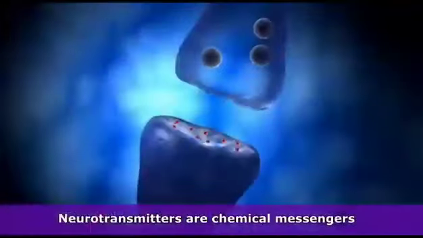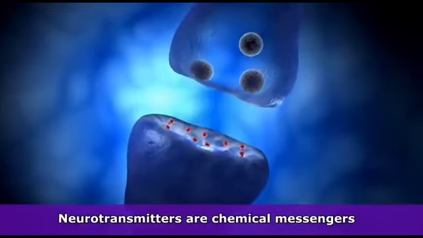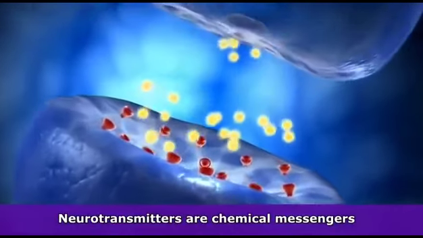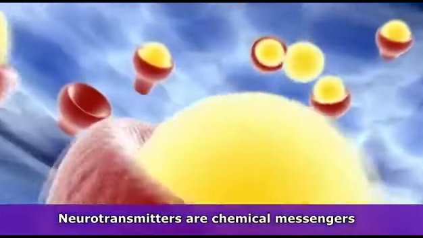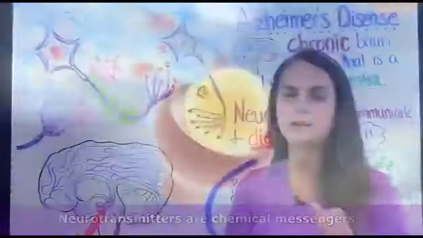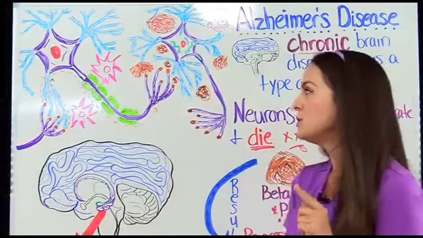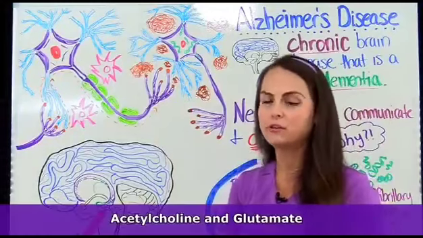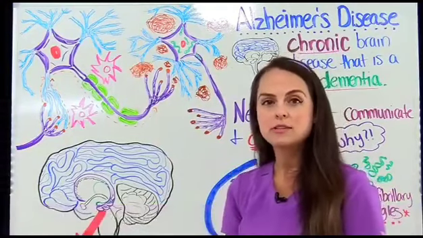There are different types of neurotransmitters in your body. These little chemical messengers can send exciting messages, or they can send inhibitory messages. Some neurotransmitters actually have the properties of being able to do both. Two neurotransmitters I want you to remember are called acetylcholine and glutamate, because whenever I go over the medications used to treat Alzheimer's disease, it will